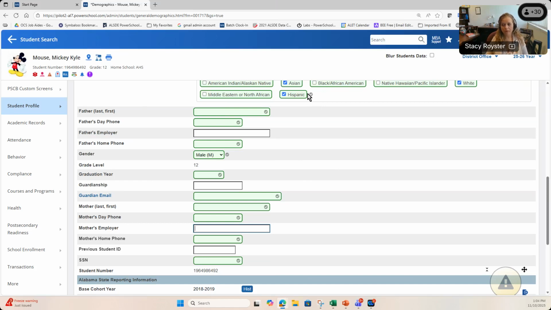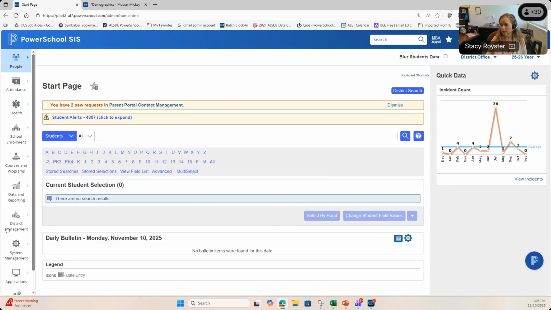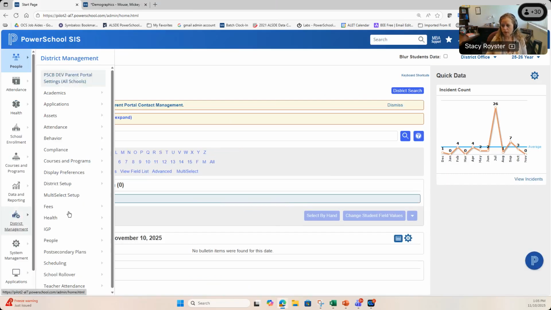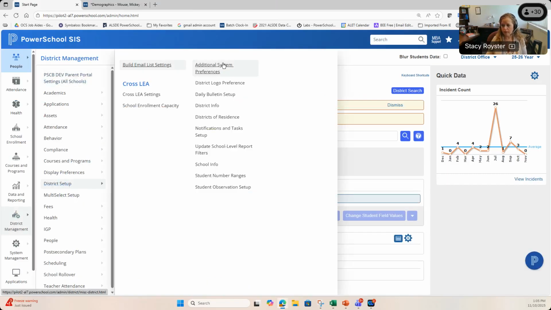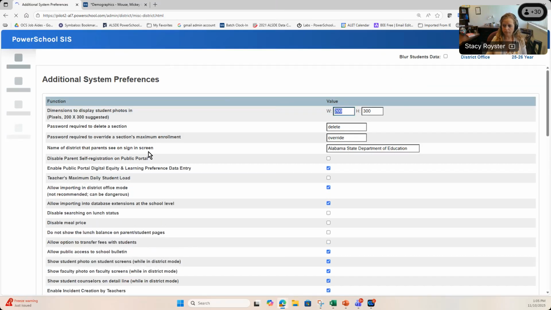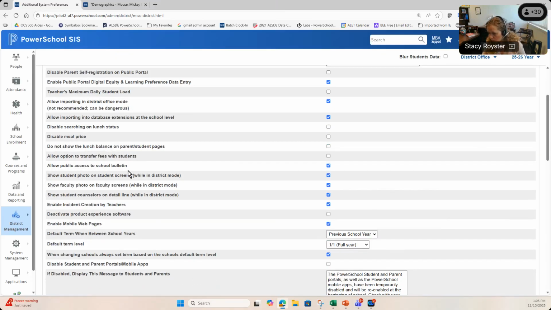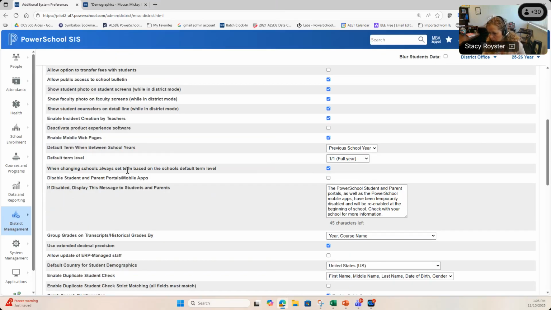So if you're wondering how to turn these fields off so that you can maintain all contacts over in the contact management area, let me show you that quickly before we start diving into the contact management. So at district office, on district management, district setup, under additional system preferences, if you scroll down below,